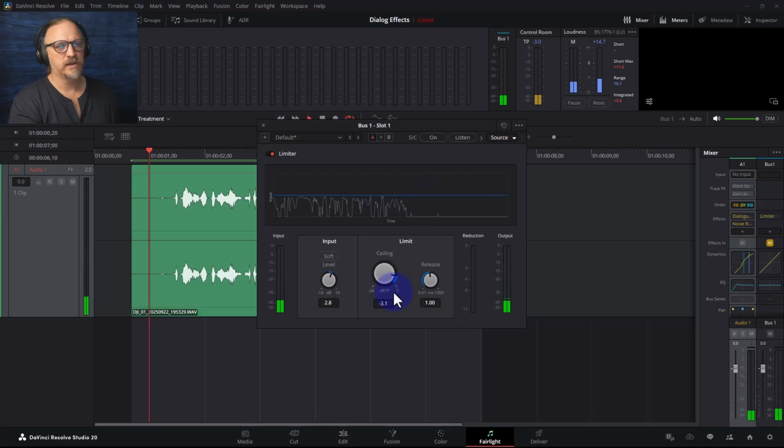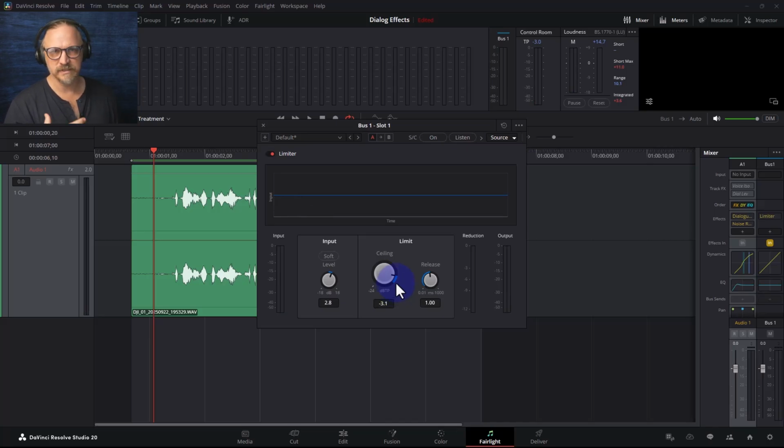Just touching it there. So if you need more volume, you can add it here if you really want to, but it's better to go back to the compressor in the first instance and do it there. The limiter on the bus track is just to keep it from spiking if you haven't paid attention elsewhere. Anyway, that is a look at the basic tools for treating good dialogue, treating well-recorded dialogue.